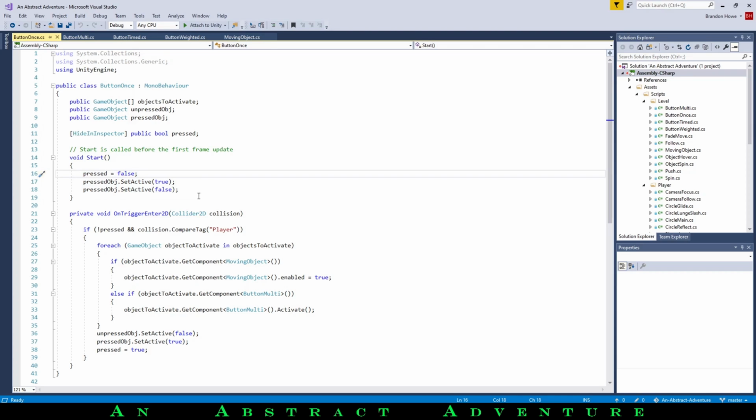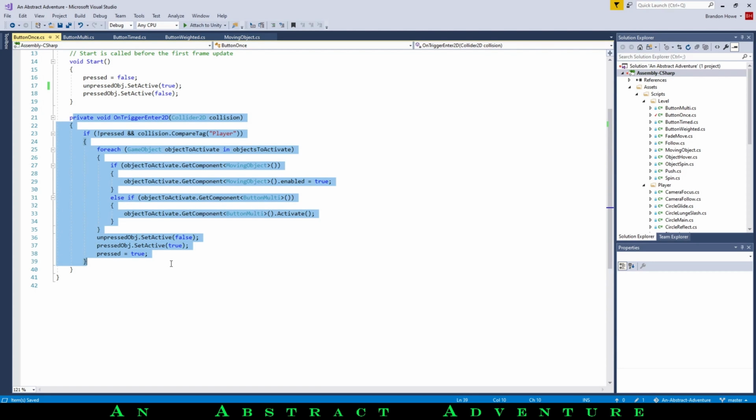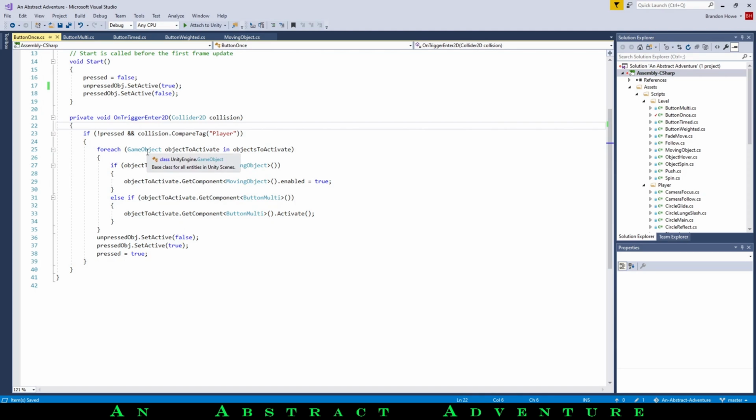And then just to make sure that the right objects are enabled or disabled for the button, we're setting the unpressed object to true, and then the pressed object to false. Then we have a function here called onTriggerEnter, which is when we enter the trigger of the